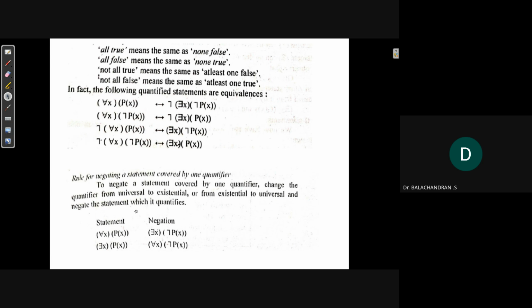Next, rule for negating a statement covered by one quantifier. So to negate a statement covered by